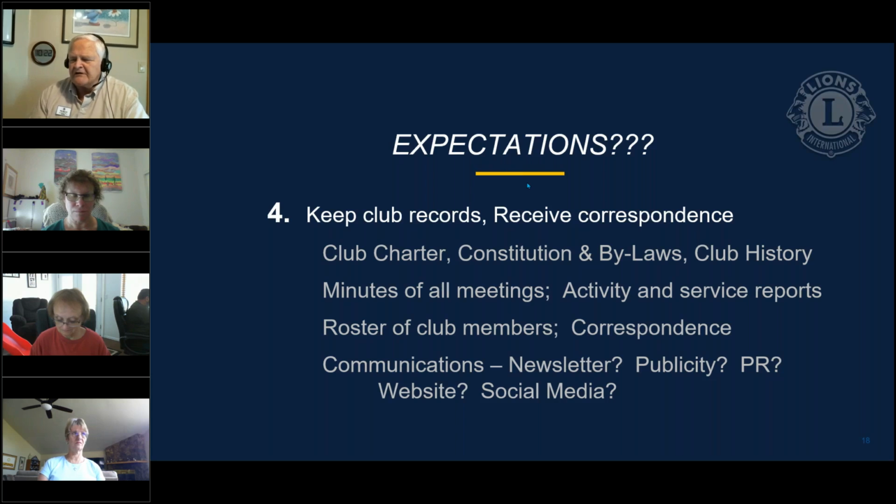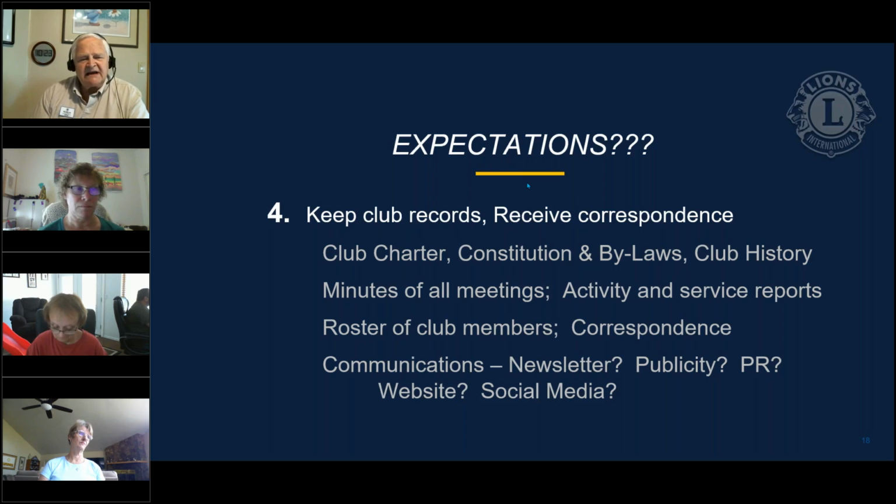This has been more of an overview, but part of the reason I'm couching it under expectations is some of these things you may not be the one that wants to do it. You may not be the one that has to do it. There may be others in your club. You could have an assistant secretary. You could have a club administrator. Between the lion tamer and tail twister, you could have these individuals that are supposed to be the greeters, keeping track of things such as the club roster of attendance, and they just give you back the details. There's a lot of ways that you can share their job and share their responsibilities, but